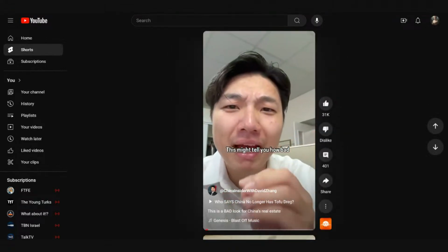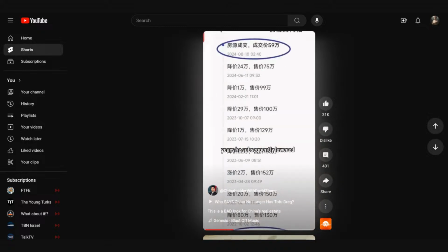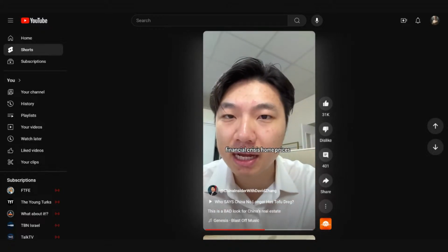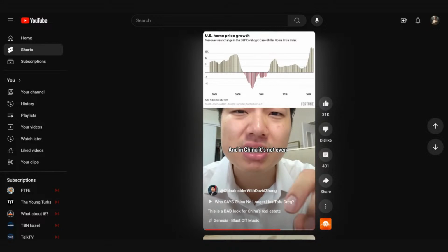This might tell you how bad the real estate market is in China. A homeowner in 2021 listed his home for about 2.1 million yuan, or 300,000 US dollars. Then over the next 3 years, he subsequently lowered the prices one round after another until it went down to 590,000 or just 83,000 US dollars, and it was sold. Yeah, that's a 28% price cut. Now, for context, in the 2008 financial crisis, home prices in the US dropped down to anywhere, 20 to 30%. And in China, it's not even declared a...